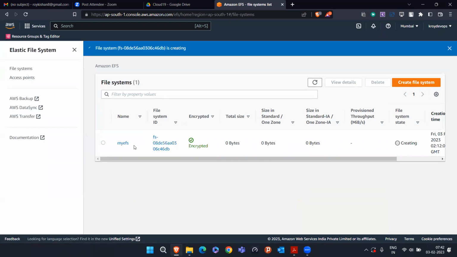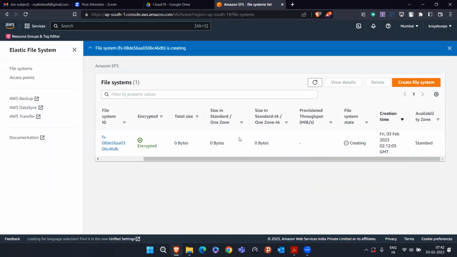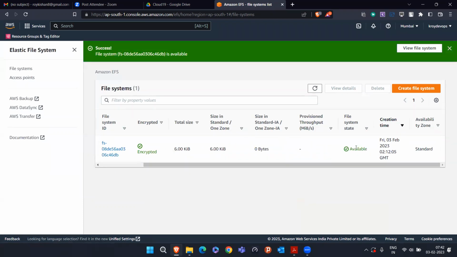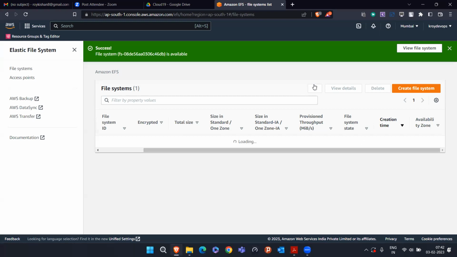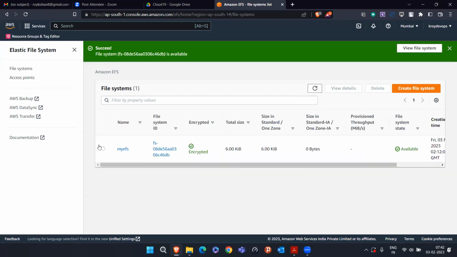And see, a new EFS is getting created. Currently it is in the creating state, and in a few seconds you will be able to see it is available. Similarly, if I click on this my EFS part,